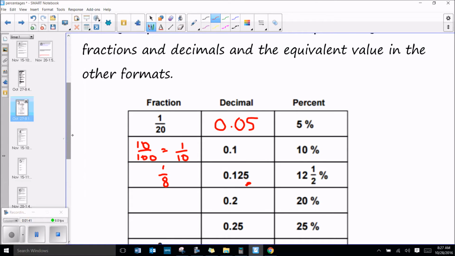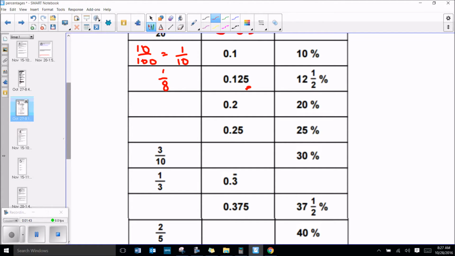0.2 and 20%, so I know that that is 20 over 100, which is 1/5. 25%, I'm hoping that's one that you're all going to recognize as 1/4. 3/10 or 30% would be